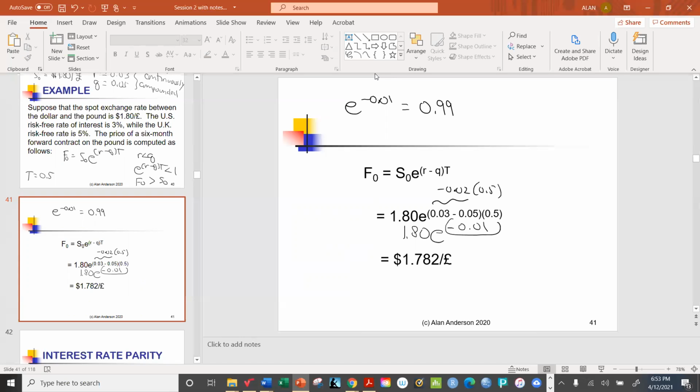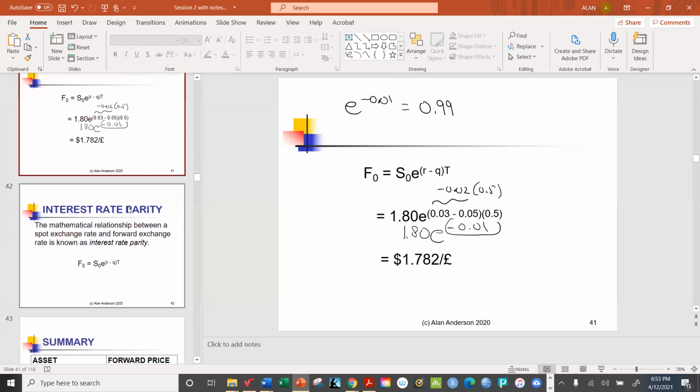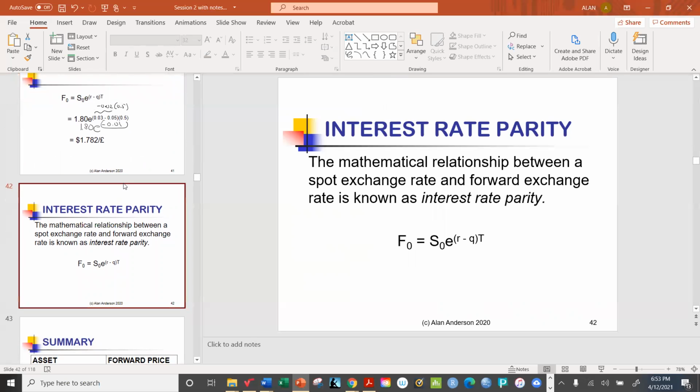So this is an example of the currency, which leads us up to our discussion of what's coming next. It turns out, though, that in the foreign exchange markets, forward contracts are very commonly used to acquire currency for future delivery. So we have this special result called interest rate parity. As if S is a foreign currency,